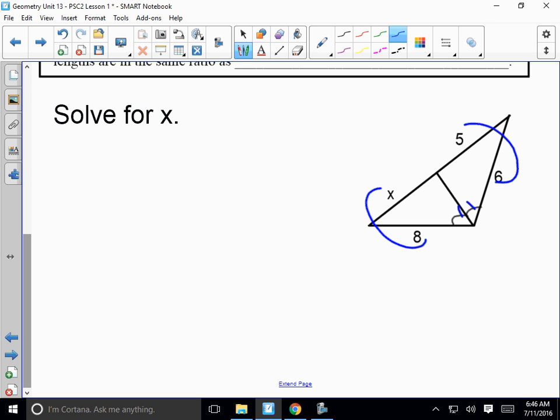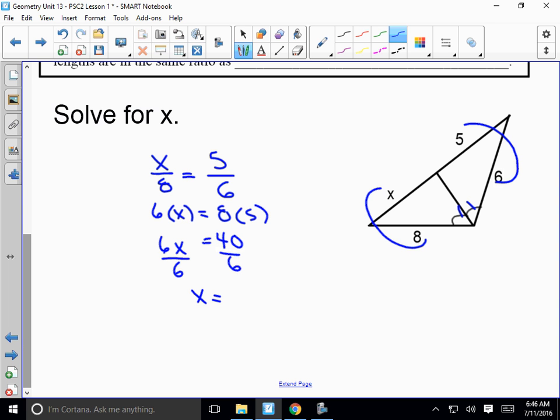We want to stay consistent with that setup. So I use the top and the left, so then I have to use the top and the right to set up my proportion appropriately. So we've got 6 times x equals 8 times 5, which is 40. So 6x equals 40. Divide both sides by 6, and we get x equals